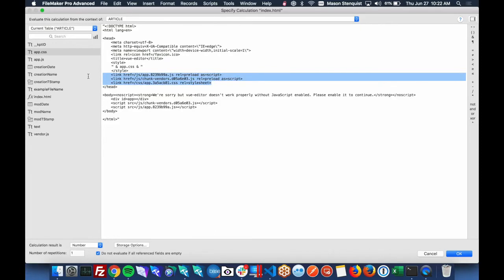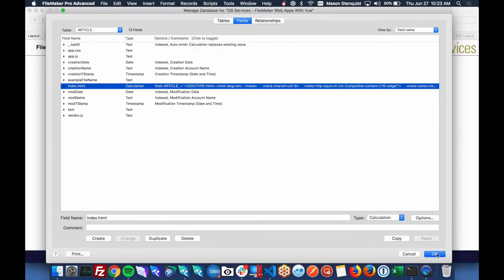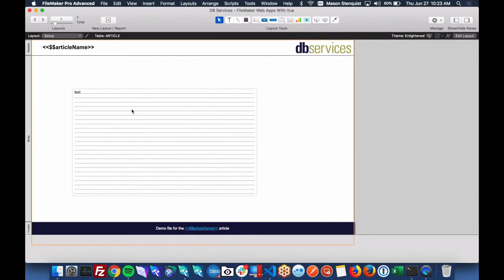These are just links to them. We're actually going to replace the script text down here. So we're not going to have a source for the vendors. Instead, we'll inline our vendor.js file, and then same for here. So you only have to do this part once. Once you've got the index set up, you can make changes a lot quicker. App.js. Okay.